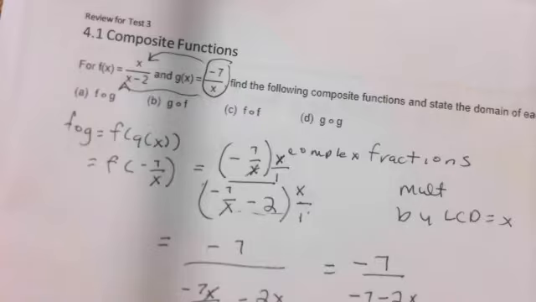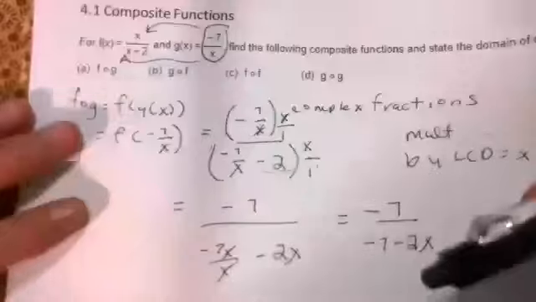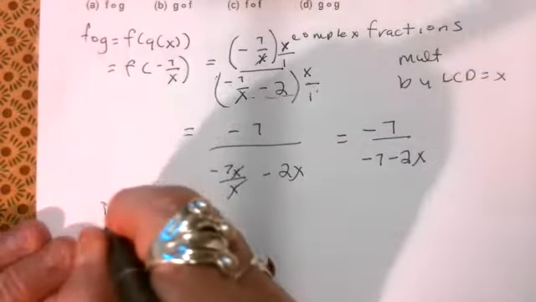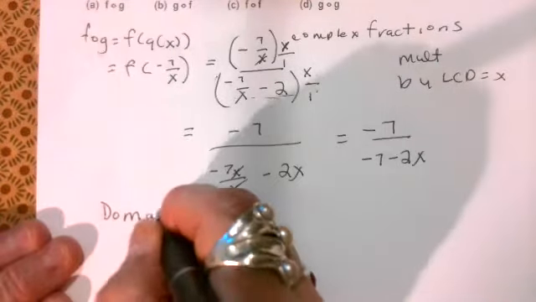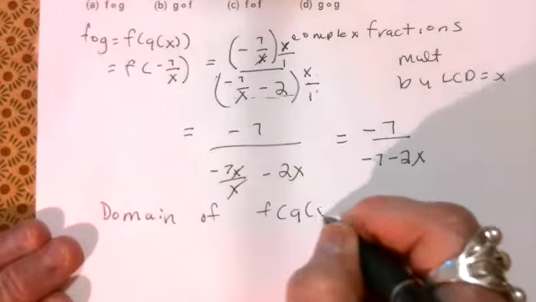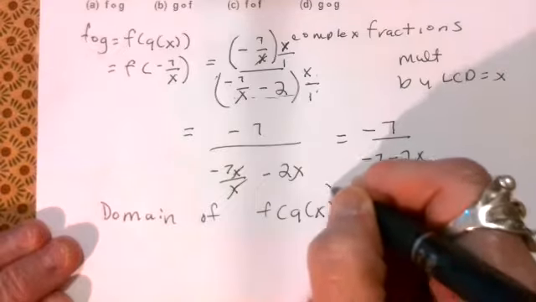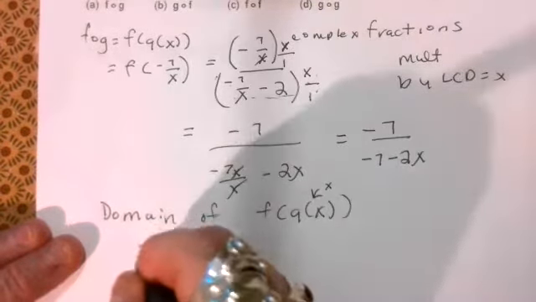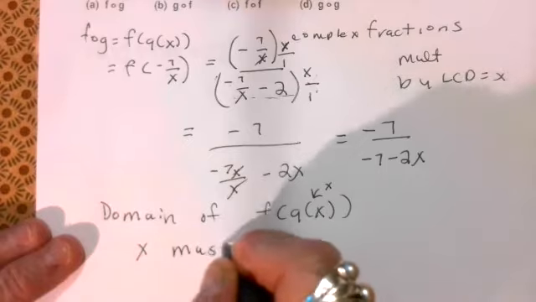And then it also asks for the domain. So the domain of a composite is not just the domain of this answer right here. And this is a little bit complicated, the domain of f of g of x. Well, see, x has to come in to g of x. That's where x comes in. So x must be in the domain